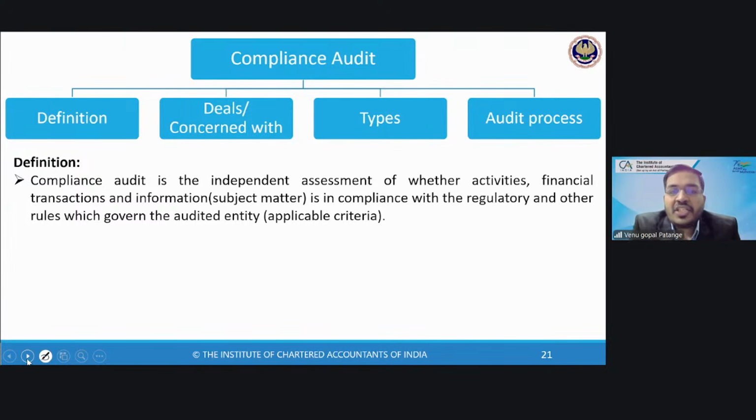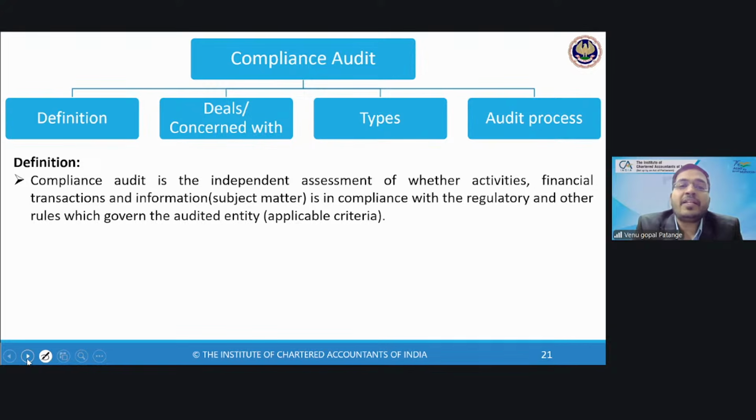You talk about GST, income tax, Factories Act, RBI Act, Banking Regulation Act, NBFC Act. There are so many acts. So if an auditor performs this in a PSU, he takes the information and checks income tax, whether TDS is deducted properly or not, whether GST is paid on time or not. If he performs that, then it is called